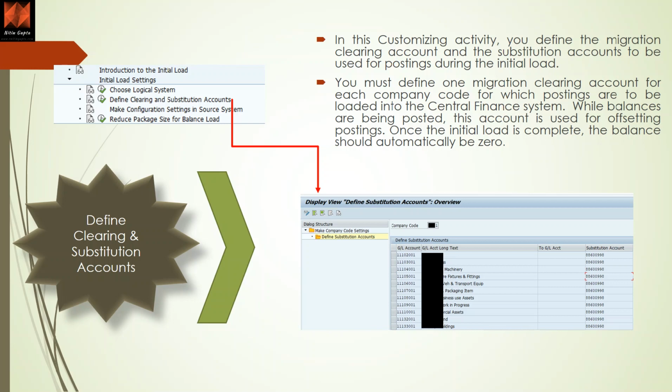It's up to your choice, but yes, that's needed. And if you see here, we have company code at the top, we have a reconciliation account, and then we have a substitution account. One or multiple, it again depends on the choice you make, but this step is mandatory. You need to have one substitution account.